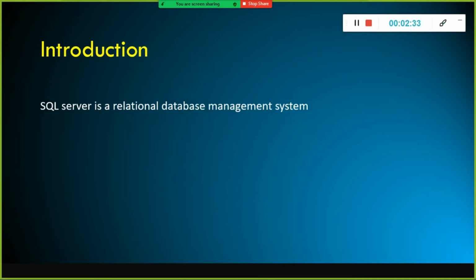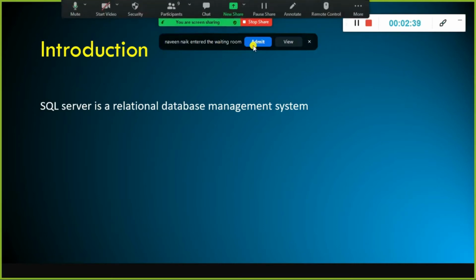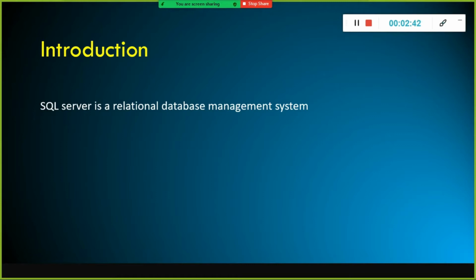So we will first understand what exactly SQL Server is. SQL Server is a Microsoft product. I don't have to tell you guys, it's a Microsoft product. It is a relational database management system. As you all are aware, in the case of RDBMS, different vendors have their own version of RDBMS software, like Oracle, Sybase, MySQL; varieties of RDBMS software are available. Microsoft SQL Server is also one of the popular relational database management systems.